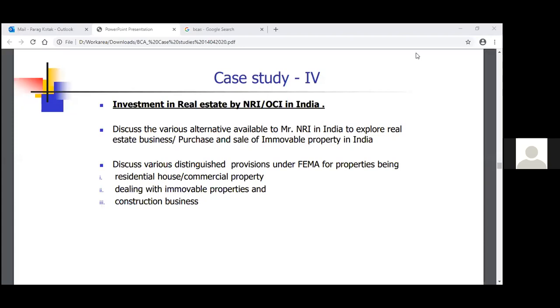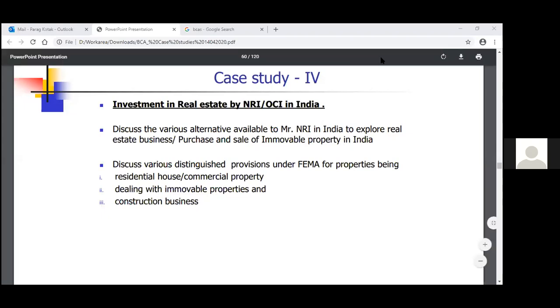Various advices are floating from authorized dealers and other intermediaries that yes, please, you can form an Indian company, buy the property, take a loan from me, and pay this loan from rental collected from the tenants, and be happy about it. In such a background, I thought we should understand how the provisions of